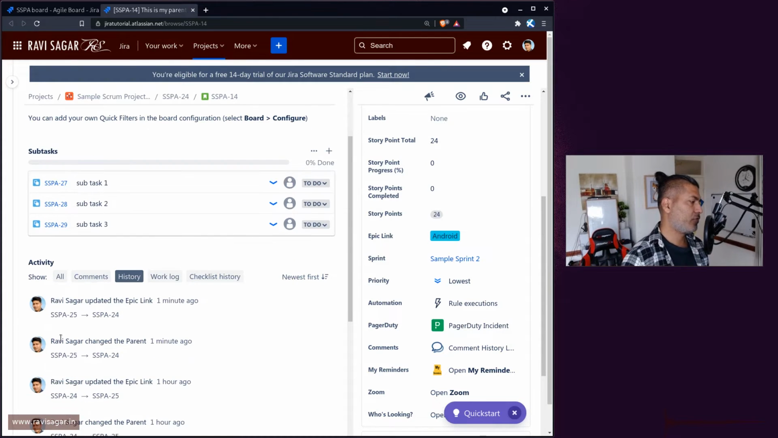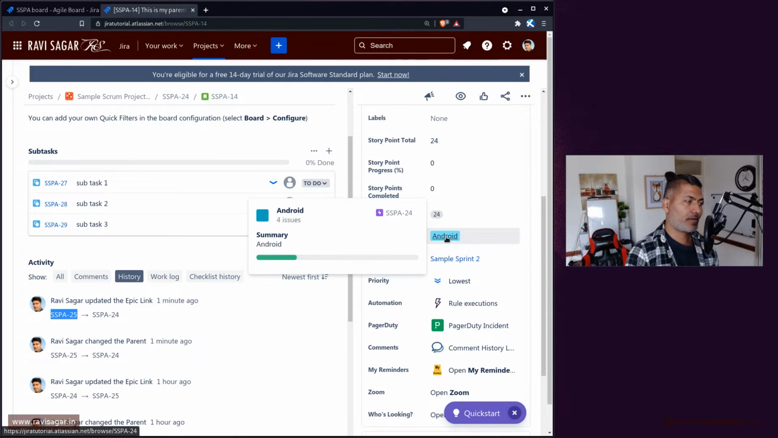So you can see here that if you look at this particular history for the story, you can see here that the epic is now changed to something else. So this Android is basically the epic, and the issue key is SSPA 24. It was earlier SSPA 25. Now, if I click on the epic,